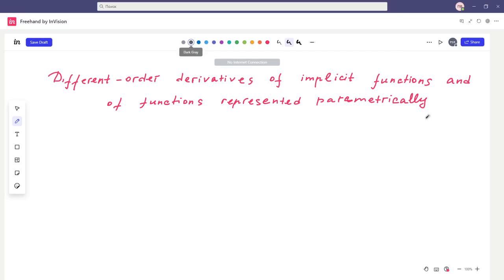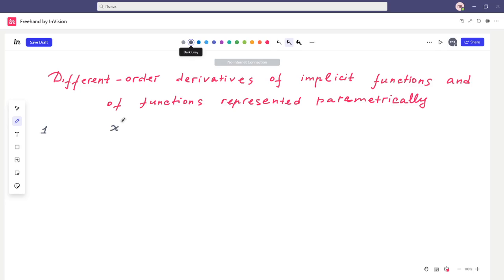Our next topic: different order derivatives of implicit functions and of functions represented parametrically. The first. An example will illustrate the finding of derivatives of different orders of implicit function. Let an implicit function y of x be denoted by the equality